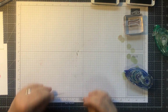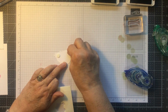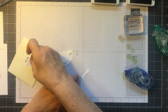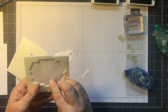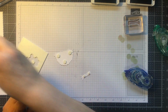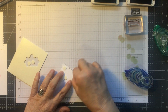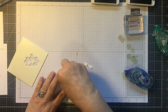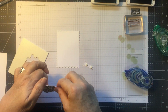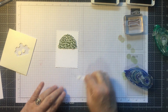I am going to attach those with dimensionals to the art piece. So I'm going to put some dimensionals on here and a couple of them on the trunk. I think I'm going to switch to minis on that trunk because I don't want them to show. So I'm going to put minis on that tree trunk right there like that. Got an extra one stuck to me. So this is going to go on here kind of towards the top and just centered in there. And then the trunk